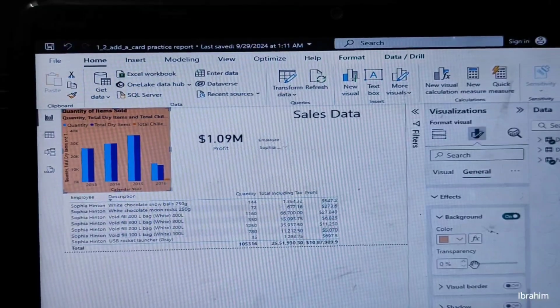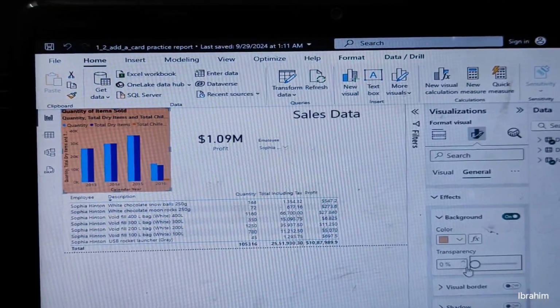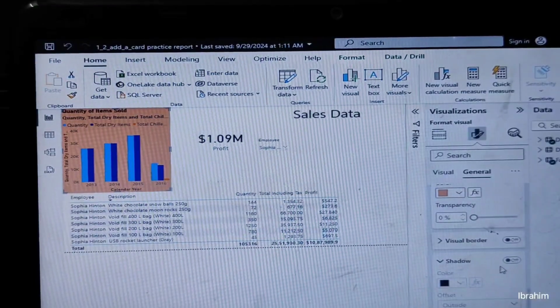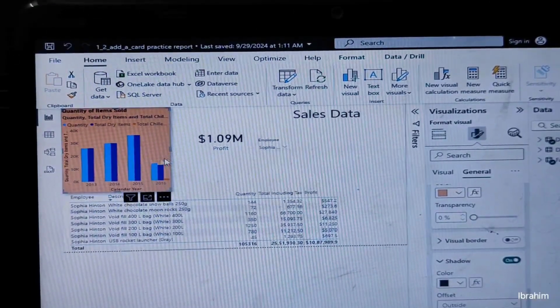You can increase or decrease the transparency, visual borders, and you can on the shadow also. So you see,